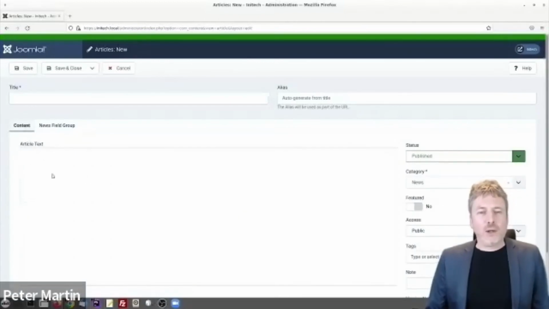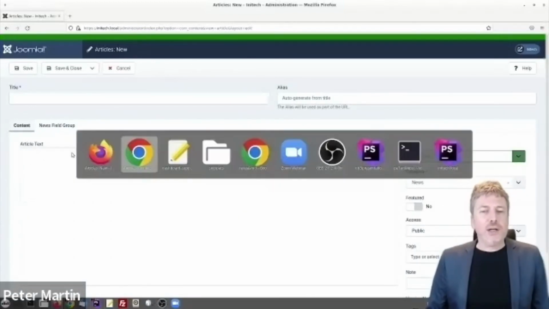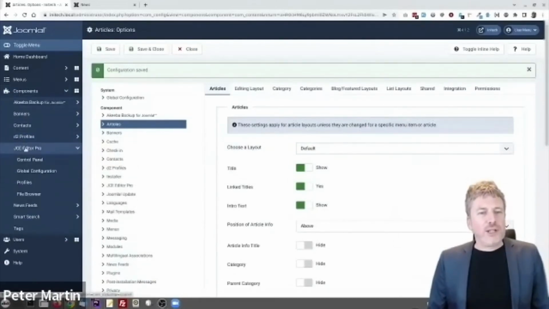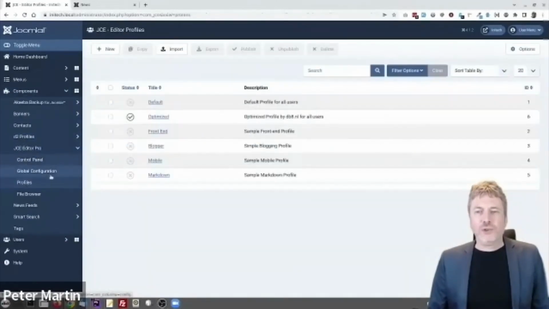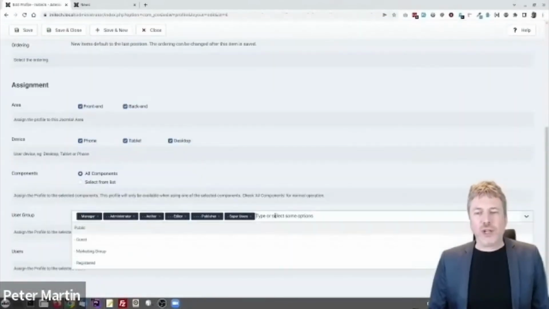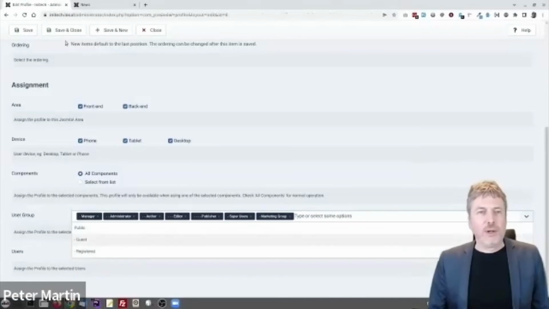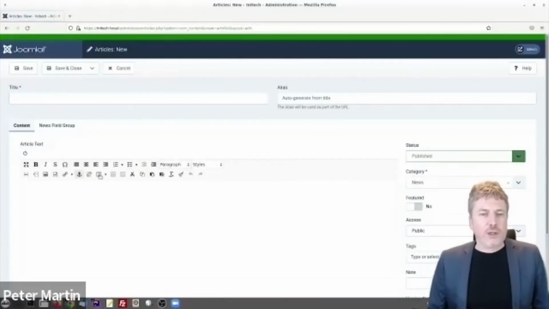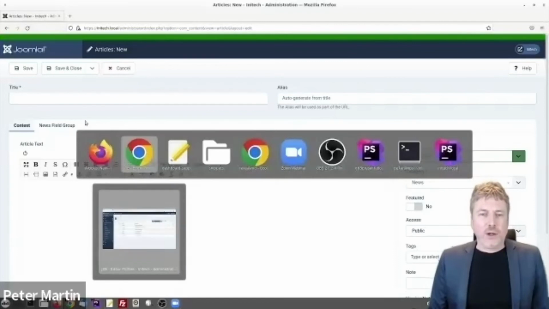And they cannot change it here because I have to do something with the field group assignment. Also, I don't have any icons here, and that's because I have to go to components, JCE Pro, profiles. I have an optimized profile, but I have to assign it also to the marketing group. And now the marketing group has nice icons. So this is a way to get rid of those icons here. The other thing is,